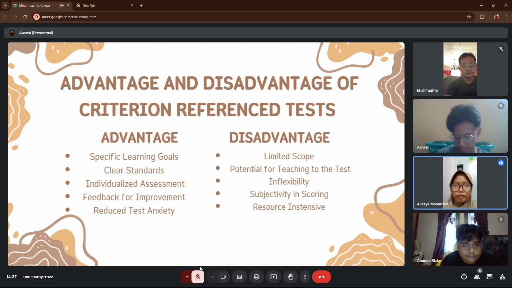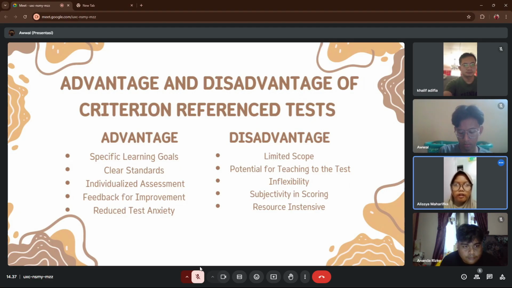Three, individualized assessment. CRTs allow for the evaluation of individual student progress, identifying strengths and weaknesses without comparing students to one another.